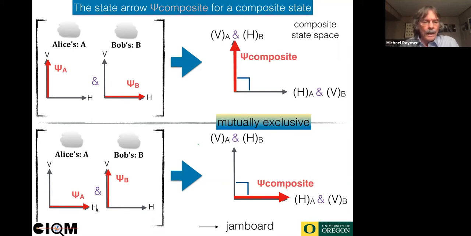But if the state was H, V, then you would stand here in the states, this is called state space, as it says up here, composite state space. You would stand here in the state space and you would point towards this symbol and say, that's the state. So you could point towards this one, or you could point towards this one. And that's just using a single red arrow pointing towards the composite state symbol is a way to represent these 2 arrows.